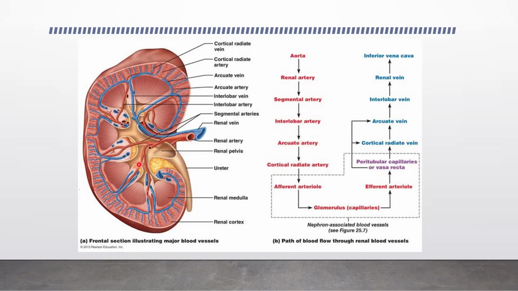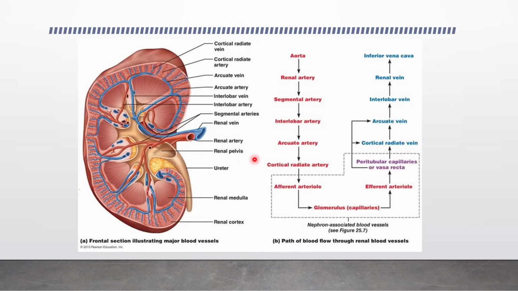Then from the arcuate arteries, you'll have cortical radiate arteries. So these cortical radiate arteries now go into the cortex, as you can see there. Then from the cortical radiate arteries, you can form capillaries. So the capillaries at this point will be afferent arteriole, which enters the Bowman's capsule to form the tuft of capillaries known as glomerulus. Then the glomerulus leaves the Bowman's capsule as efferent arteriole, of which now they can form the peritubular capillaries or the vasa recta. And then these peritubular capillaries or the vasa recta can drain into the cortical radiate vein